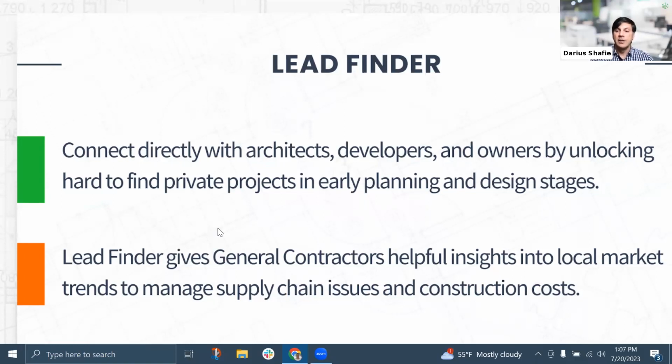Also, you can see some conditions regarding that project. For example, you can take a look at the project site on a map, and that'll help you figure out how to get access into that site. What's the egress? Will it present any supply chain issues for us? Is the project located in an area that will affect its construction costs?